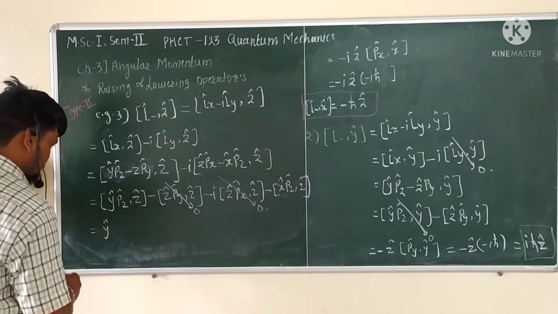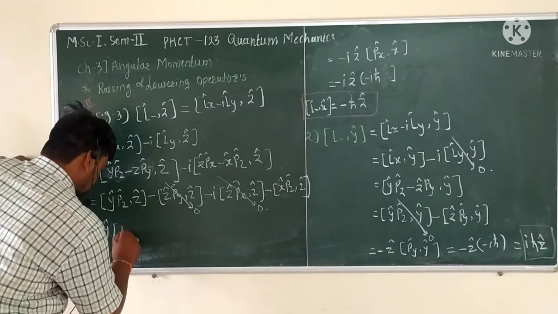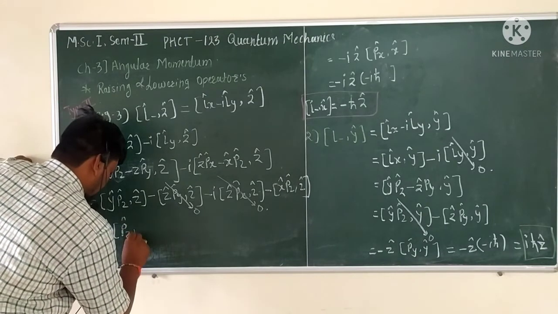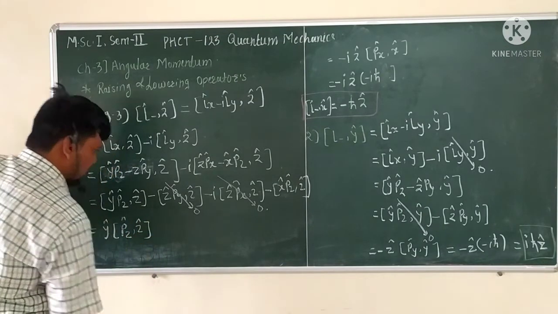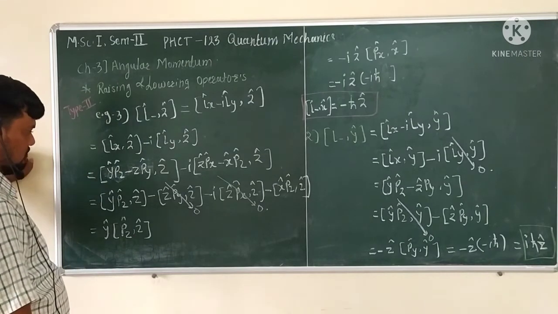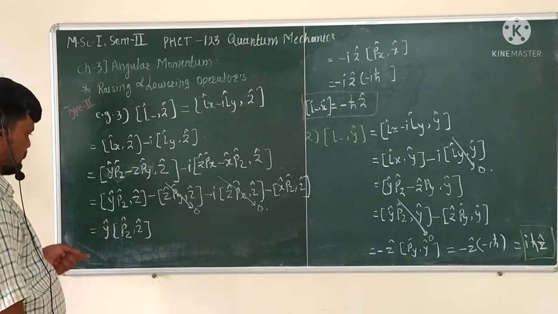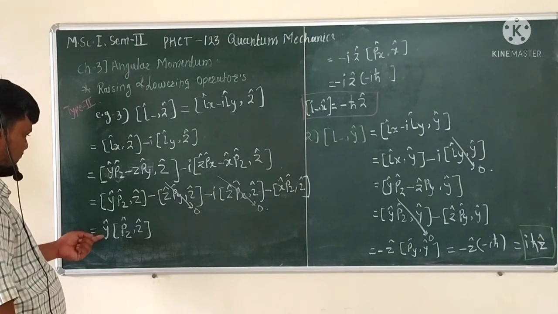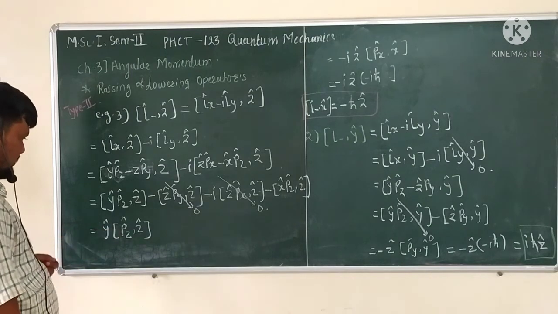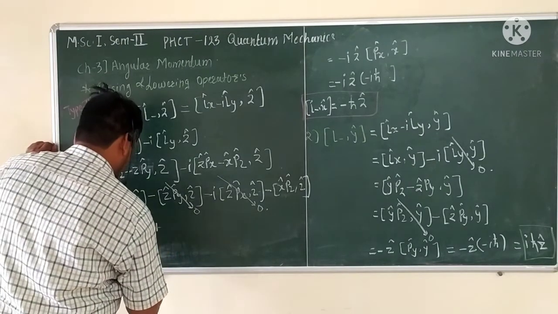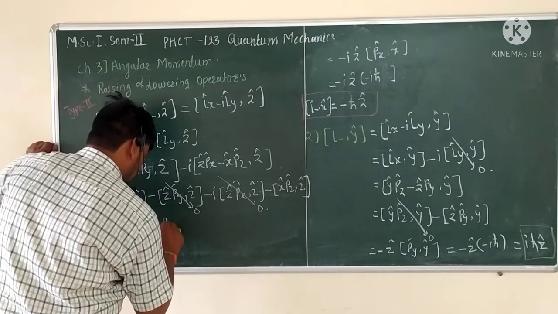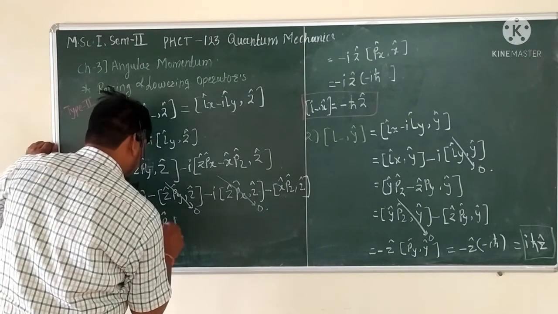Okay, taking this y cap outside, here pz cap comma z cap. Okay, and you know how it is solved, once again y cap is taken outside, pz comma z cap is there, again plus pz cap taken outside, so what remains is the y cap comma z cap,